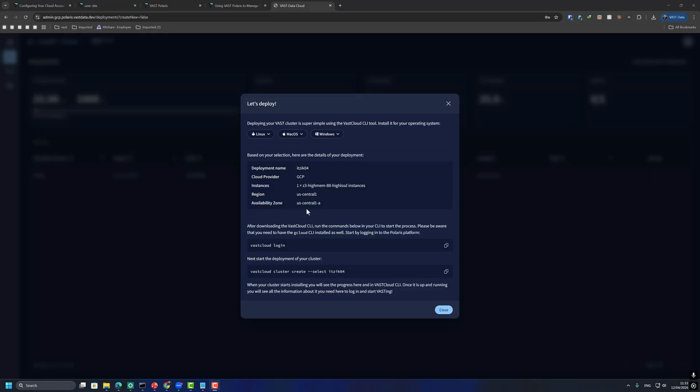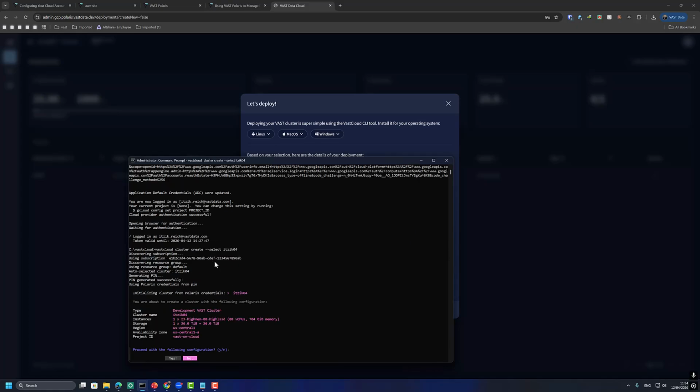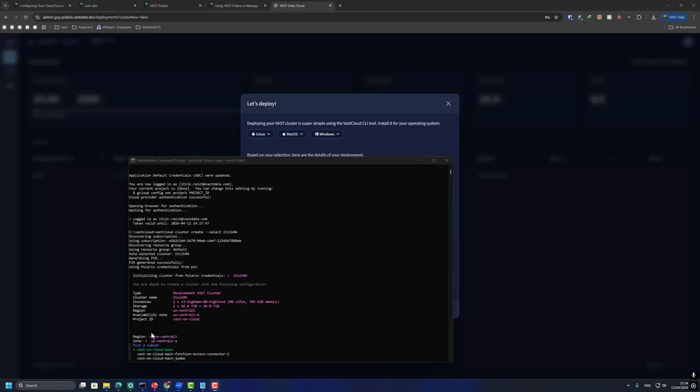So let's go back to the same Polaris main screen. Once I performed the authentication successfully in the previous step, let's deploy it. So let's click this particular command, go back to the CLI, and let's run it. It's going to generate the pin. It asks me whether I want to follow this particular configuration. This is the one that I've selected before, so yes. It's going to show me the specific region and the zone that I've selected before,